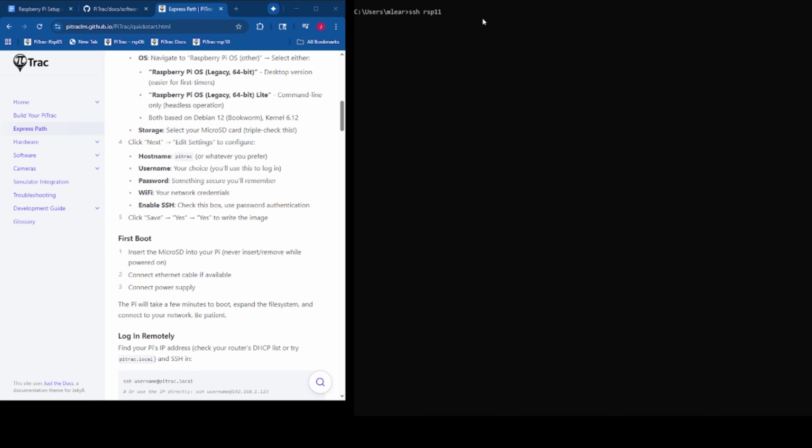Now, sometimes you will type in a command like this, and for whatever reason your network may have not yet picked up that there is a device called RSP11 or whatever you've named your Pi. If that happens, I'll give an example here of a non-existent Raspberry Pi. What will happen is the SSH won't be able to resolve the host name and will time out in a moment. If that happens, you would be able to still get to the device by giving it